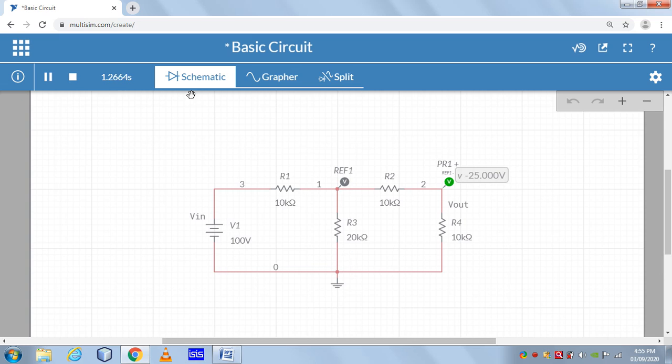So with this video we have learnt about basic circuits, how to make basic circuits in Multisim, and how we plot the voltage in the circuits. In coming videos I will tell you some more complex circuits, AC, maximum power transfer theorem, and our BJT amplifier. All these I will make for you.